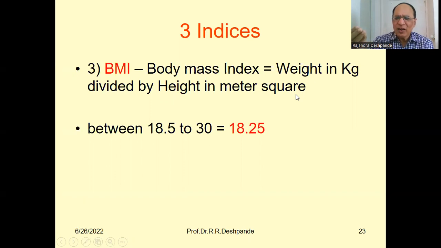There are lots of apps on the mobile. You can easily check your BMI. You just go to the Google App Store, search BMI calculator, and put in the values. You can get the BMI of any person, your friends, your relatives. This should be between 18.5 to 30. For a fit person, not low weight and not overweight, that is the answer in your mobile app. You should calculate this immediately after this video. Do this job, download the BMI app.